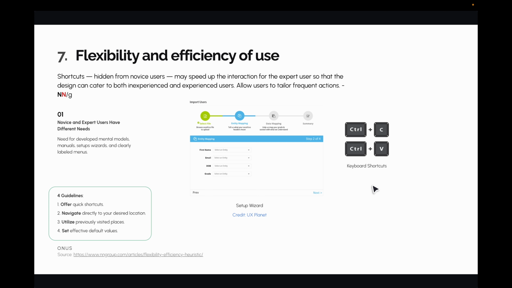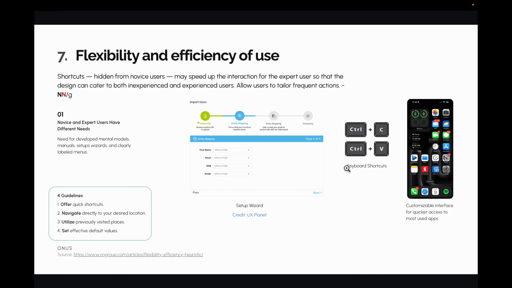Then there's the keyboard shortcuts, right? There's Command C or Command Z on Mac. And you don't have to manually click the mouse all the time and select copy and paste. You can definitely do it pretty faster. Then you're also allowed to customize your home screen, and you can see you have a customizable interface for